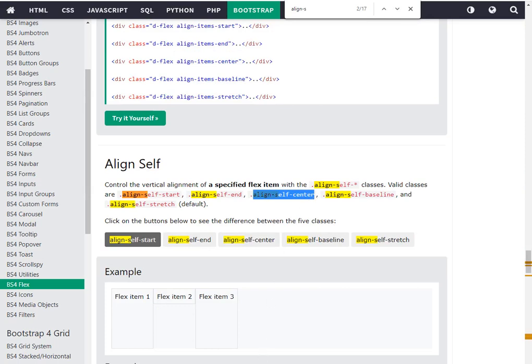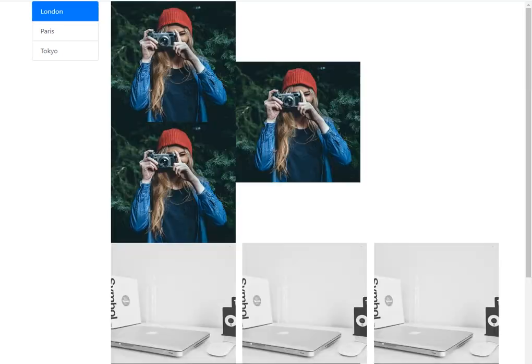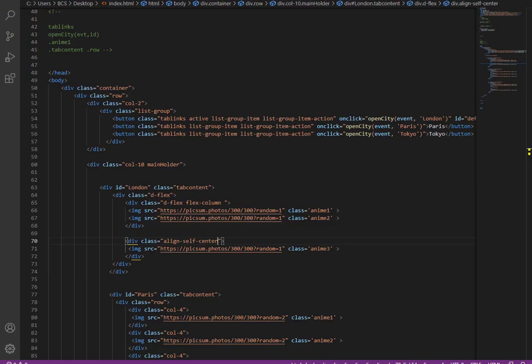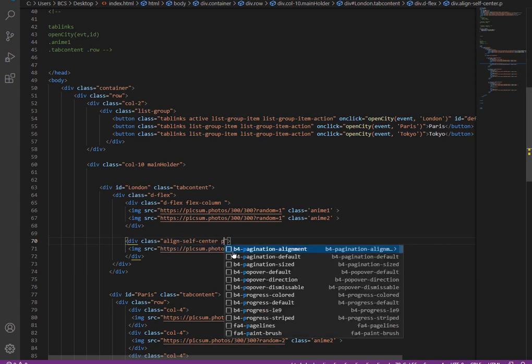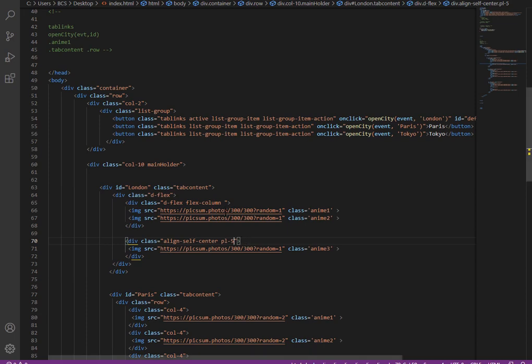I want align self center, so I'll use align self center. Refresh this, and let's add padding left of 5. Padding bottom 2.